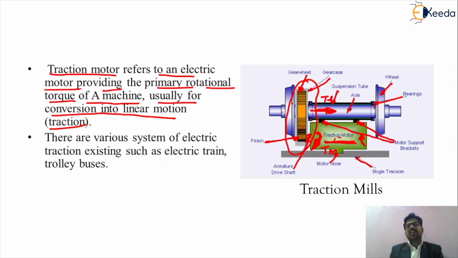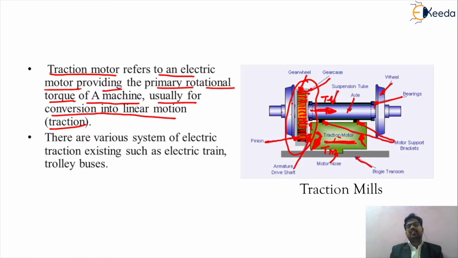So as we know, while we are connecting this gear wheel and pinion mechanism to the traction motor, it will have a transmission efficiency, which is basically related to the gear tooth ratio, as we have seen in the dynamics of electrical drive. What is proportional to this particular gear tooth ratio? That will be a very, very important concept.